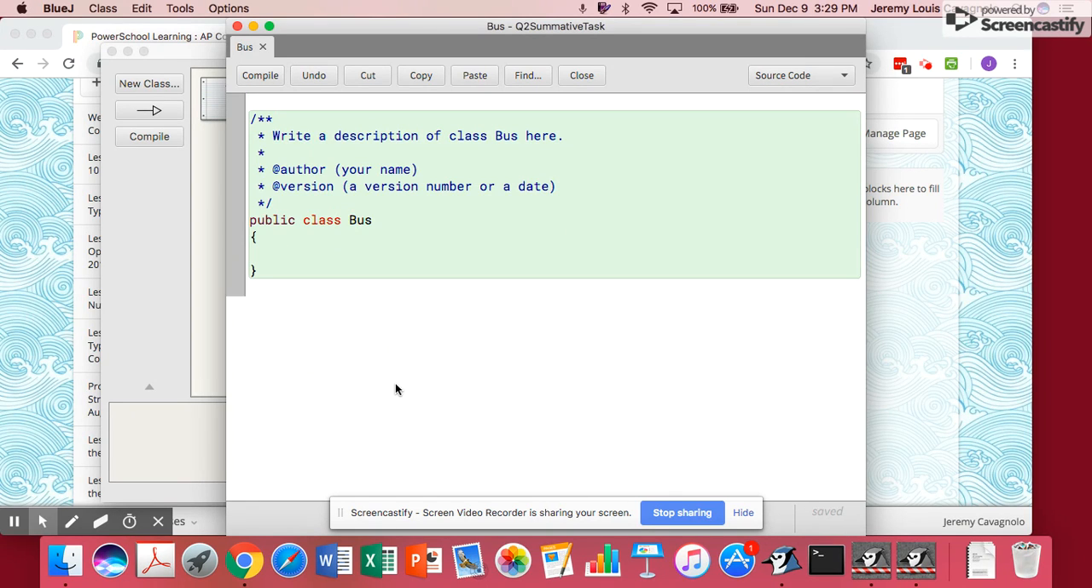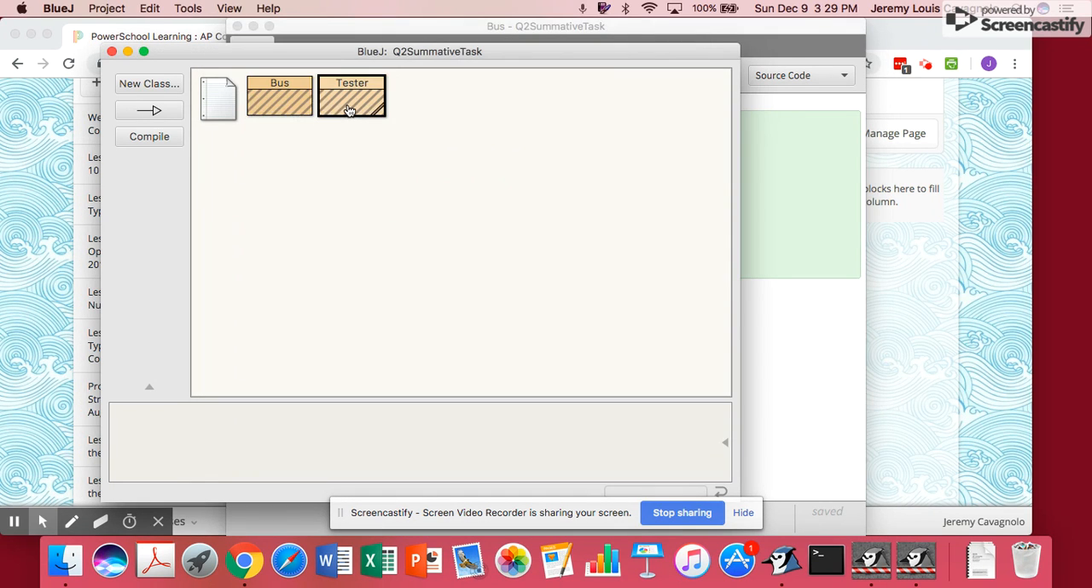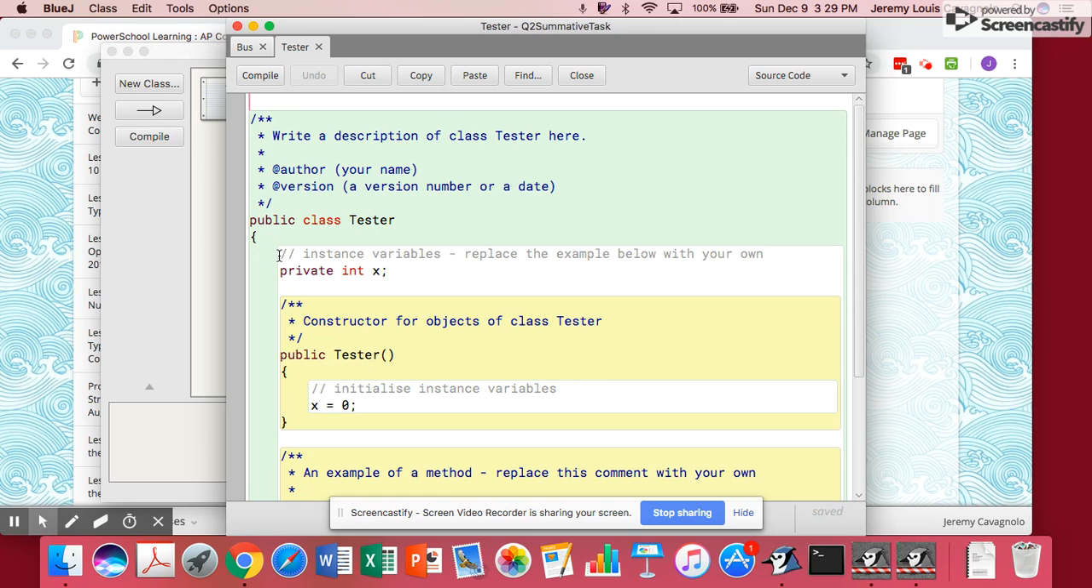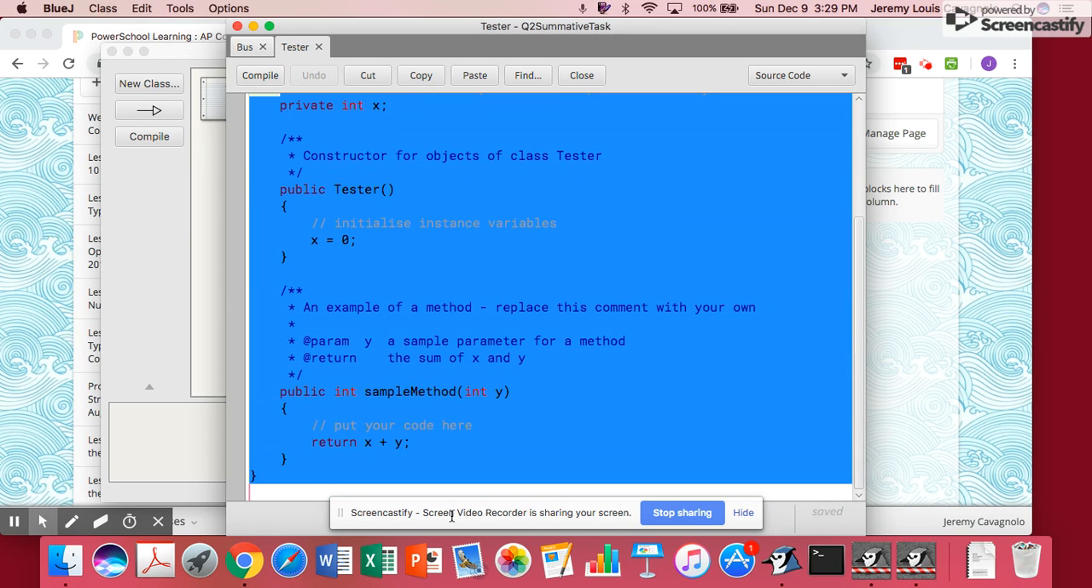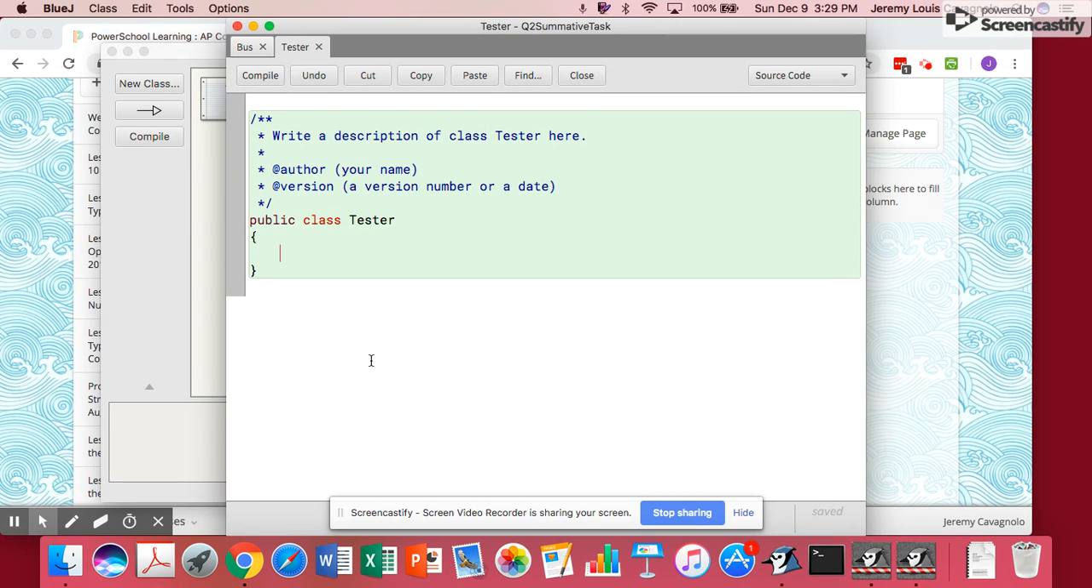This is an empty bus class now, public class bus. And I'm going to open my tester class now, and I'm going to do the same thing. BlueJ gives us all this sample code, which is sometimes useful, but I want to start with the bare bones minimum here. Here's my tester class, and I'll make a public static void main, String args. Make a main method here, and inside